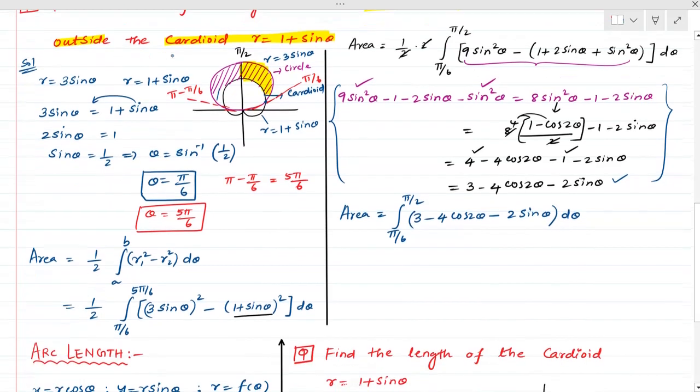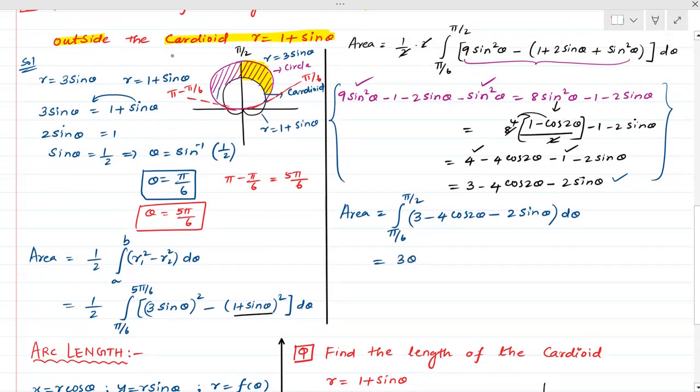Now when you integrate, what is this one? 3 theta minus 4 sine 2 theta over 2 minus 2 cosine, it becomes plus cosine theta, with the limits pi over 6 to pi over 2. Now, when you substitute the limit, what is the upper limit? When you substitute the upper limit, you will get 3 pi over 2 minus, when you substitute pi, 2 pi over 2, the pi and the 2 cancel, sine pi is 0, plus cosine pi over 2,